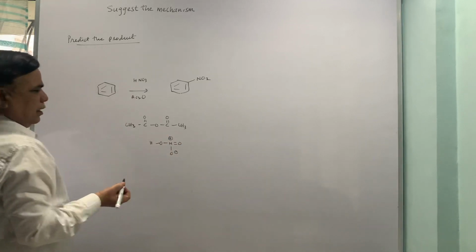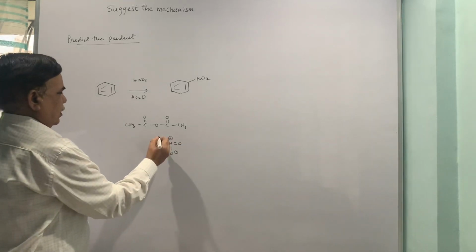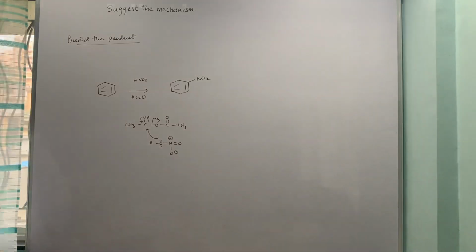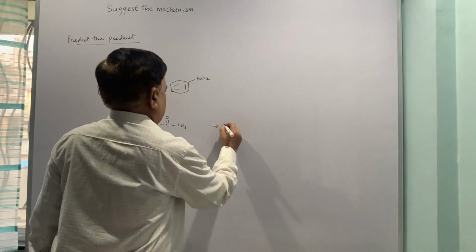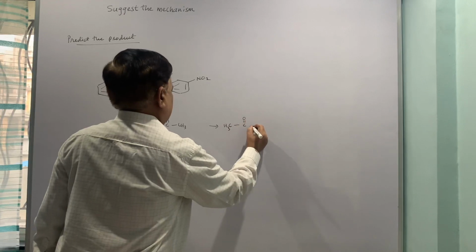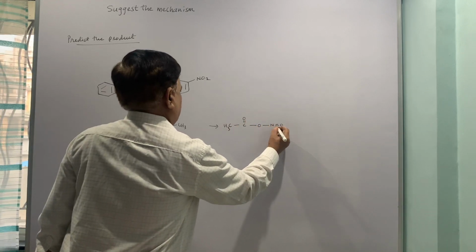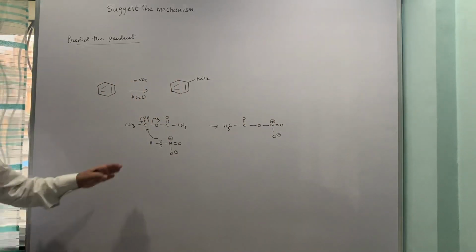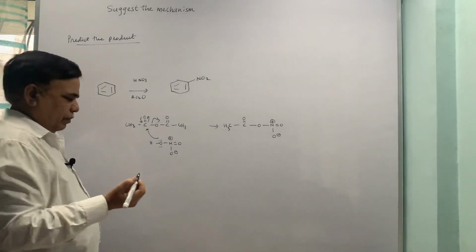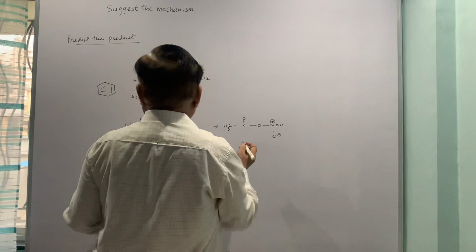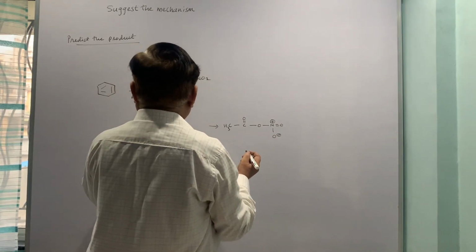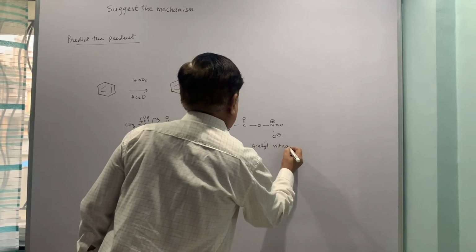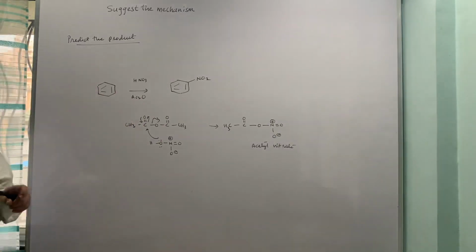This is nitric acid. Now when the nitric acid interacts with acetic anhydride, you get the reagent. Now this is the actual reagent. In practice this is prepared by refluxing a mixture of acetic anhydride and nitric acid in a flask, and then collect the filtrate or collect the distillate in the form of acetyl nitrate. Now this is your acetyl nitrate. This is the actual reagent, and we have already drawn the mechanism for this.